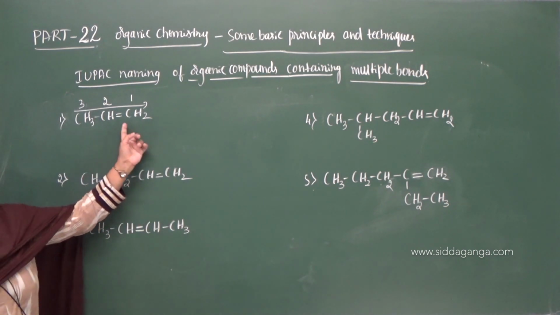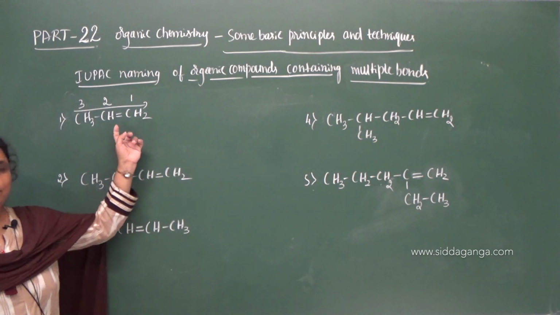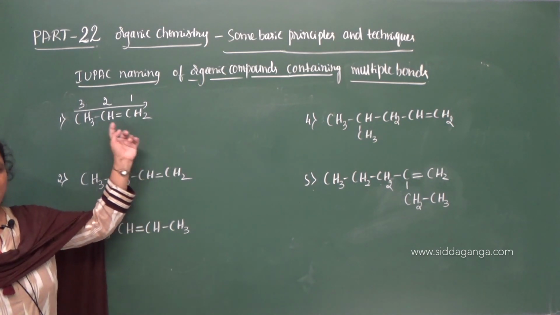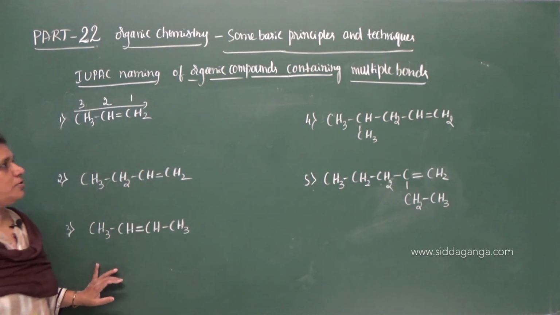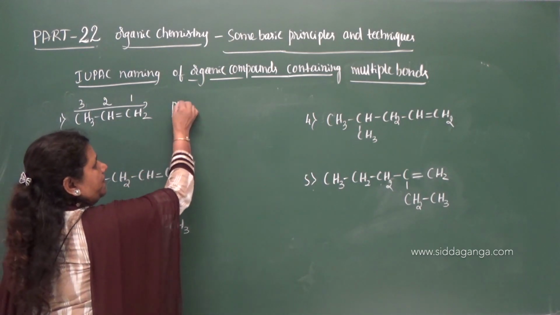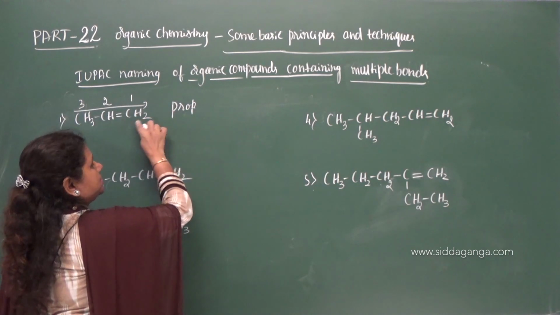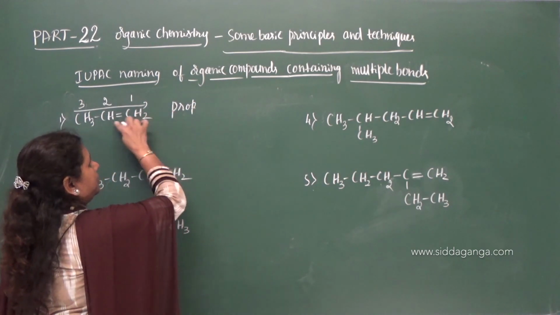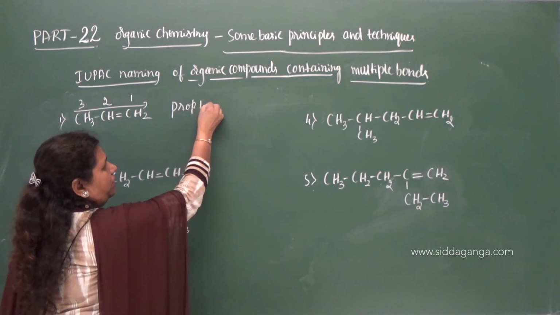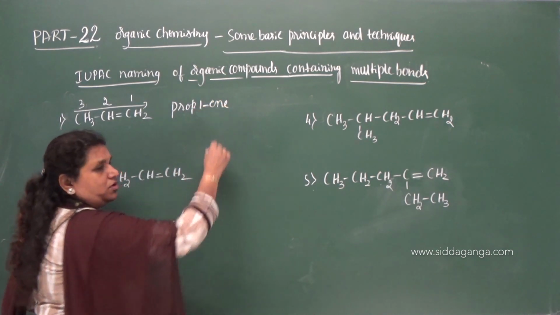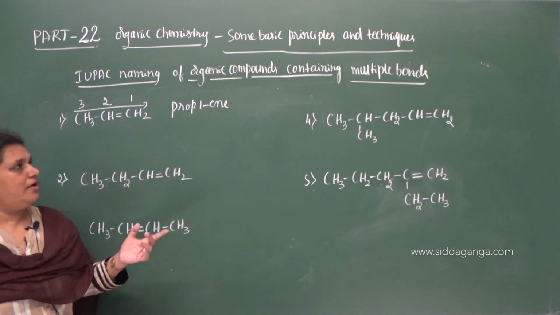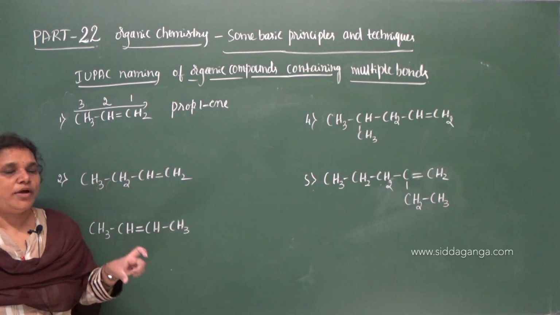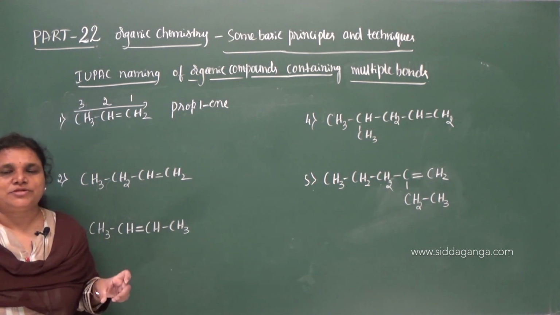Now first you write the root word here. Because there is no substituent group, there is no question of writing the prefix here. We need to start with the root word. So prop is the root word, and the primary suffix is -ene, and what is the position of the multiple bond? 1-ene. So we cannot write 1, 2 in here. We need to write the smaller locant to indicate the position of the -ene.